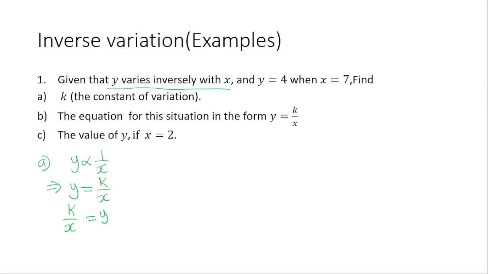So we can write y as y over 1. We've been taught to cross multiply. When we cross multiply, you find that k will multiply with 1 and you have k. x will multiply with y and you have xy. But alternatively,